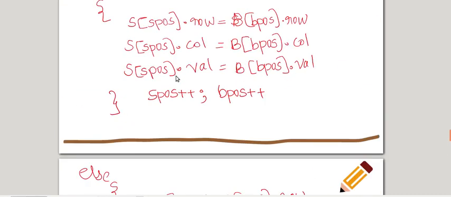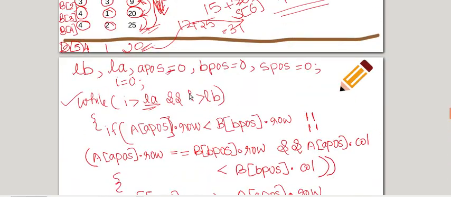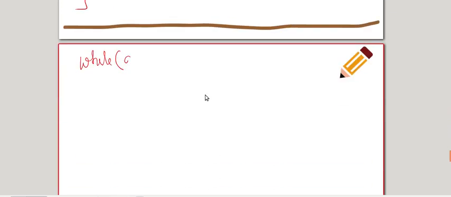The length of A is stored in the variable LA. So I need to copy the same again: while A pos is less than LA, I need to simply copy the remaining elements to my sum matrix.